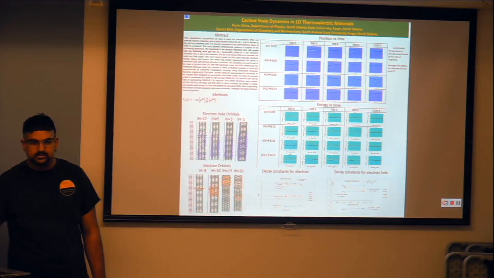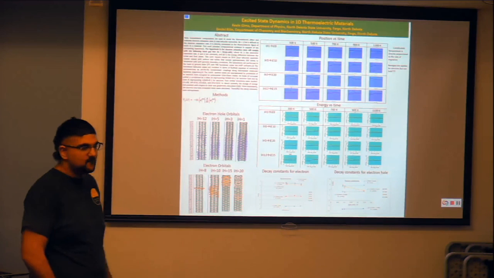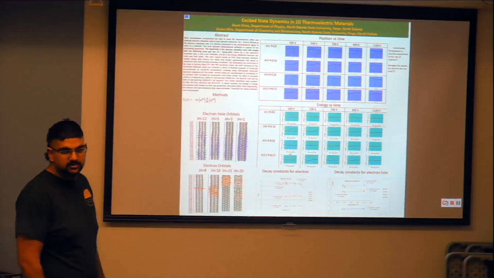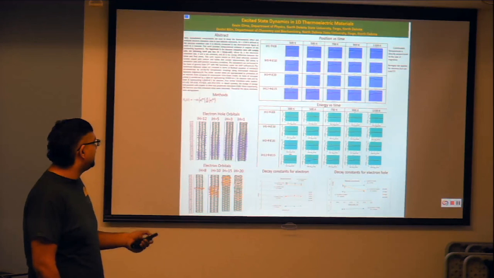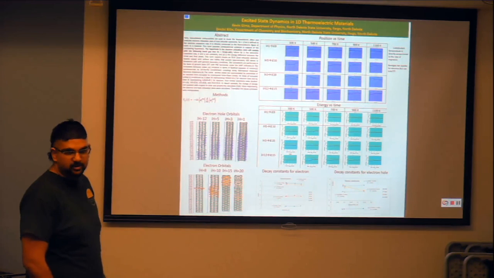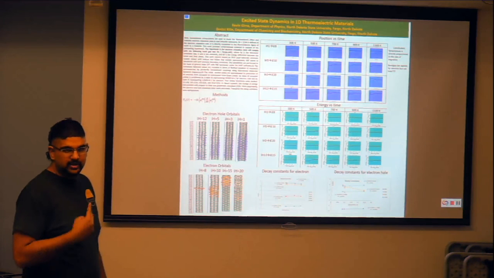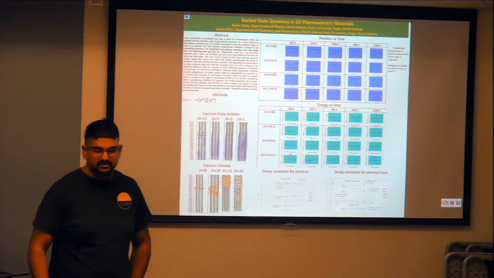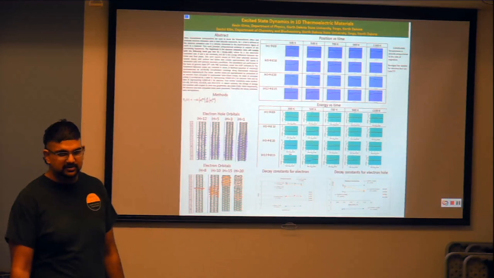I do have a suggestion. Right now you have two panels for decay constants for electron, decay constant for hole. Would it be possible to keep those and add two more panels by squeezing other information? I guess I could squeeze these graphs to make room for more. Yep. Maybe squeeze everything up, release a little bit of space on the bottom, and make another two panels.